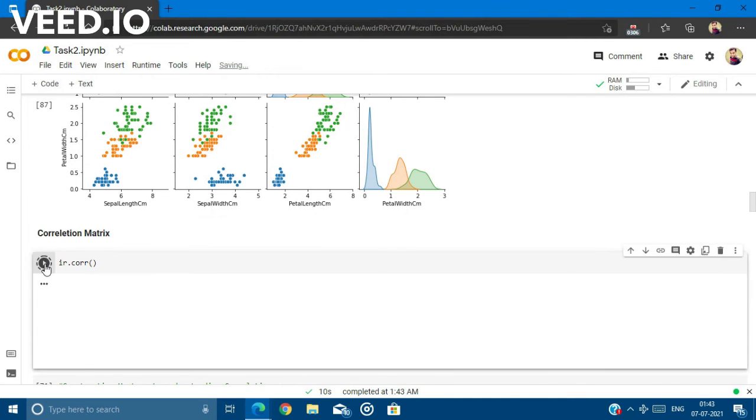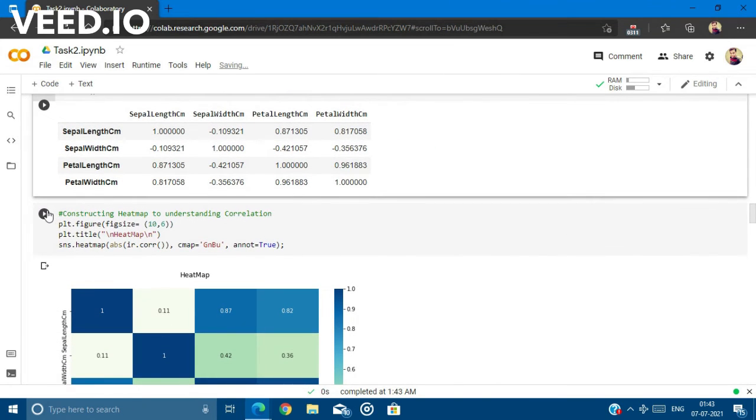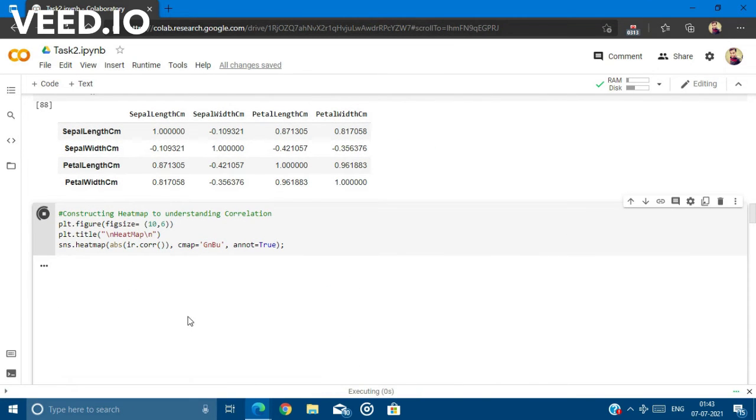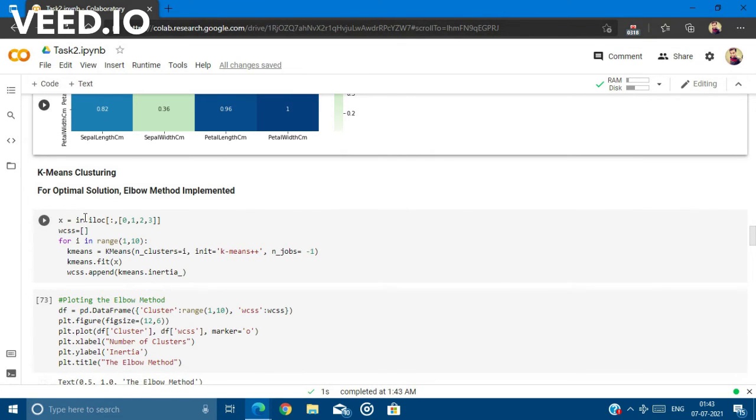This is the correlation matrix. Now constructing a heat map to understand the correlation. This is the heat map of the correlation.